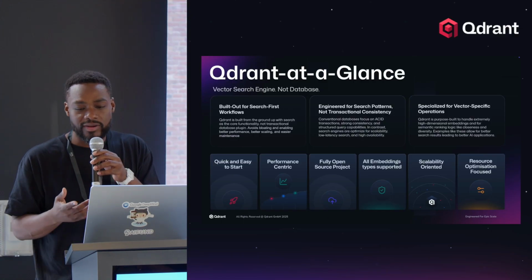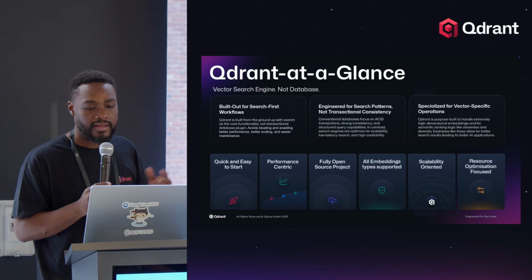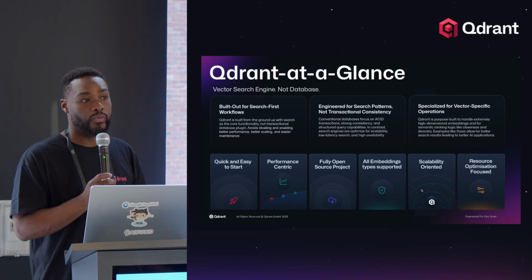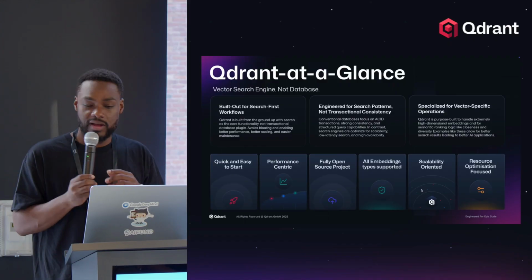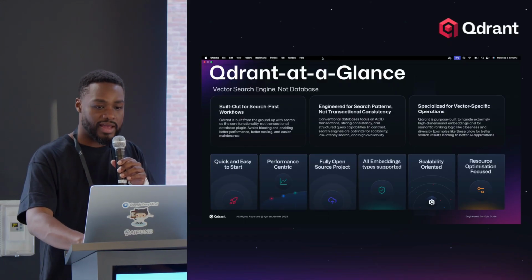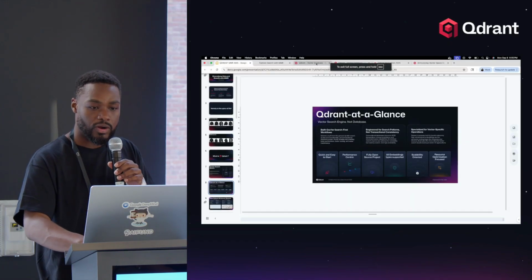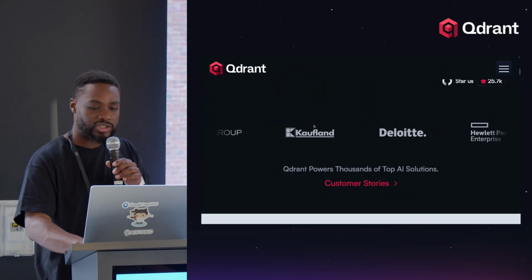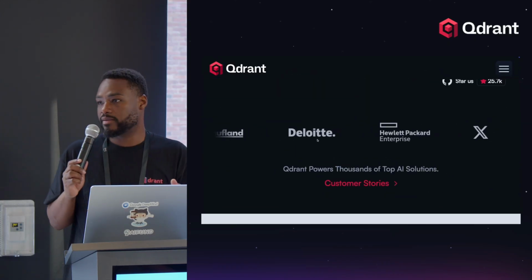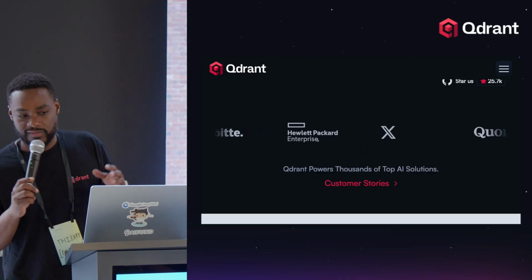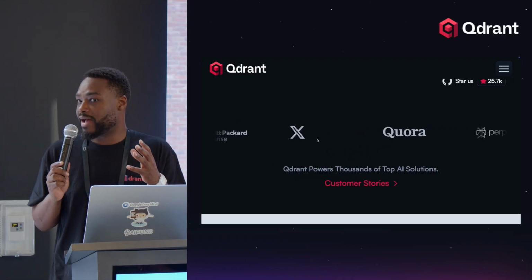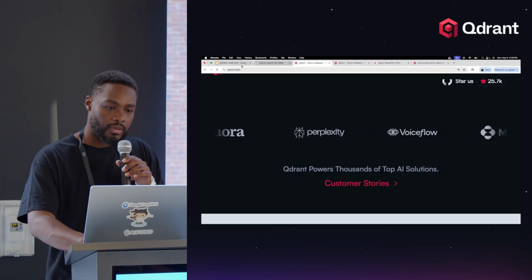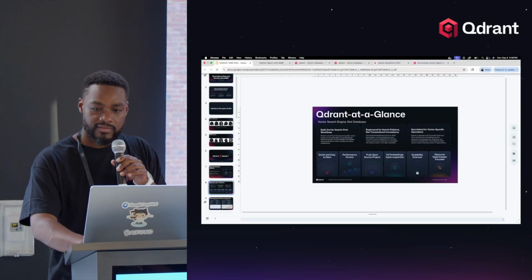And at the bottom there, you can see some of the things that we like to highlight. I would highlight performance-centric and scalability-oriented. We work with billions of scales. If I go back to the Qdrant website, you can see some of the companies that we work with, and you can imagine, well, these are all companies that have a bunch of data. They need to search it. They need to make recommendations. They need to do something with that data at a large scale, right? And that's where Qdrant really shines. So going back to the slides,